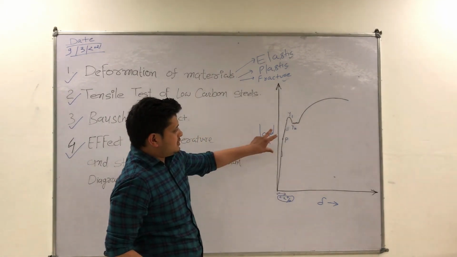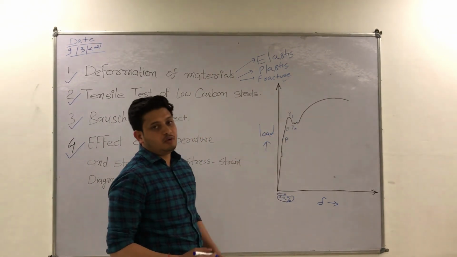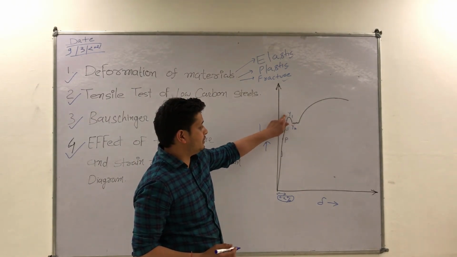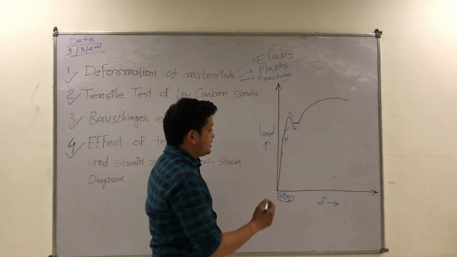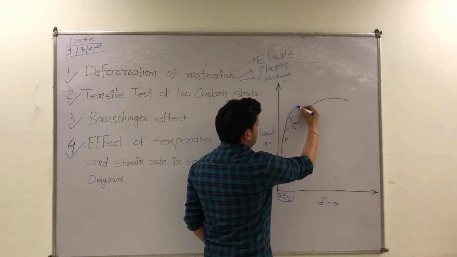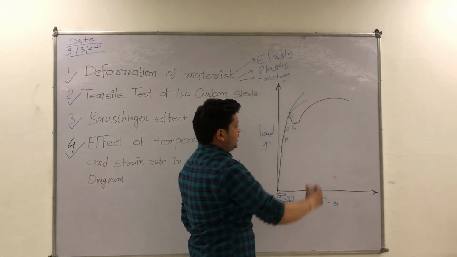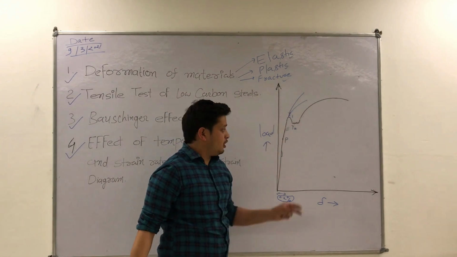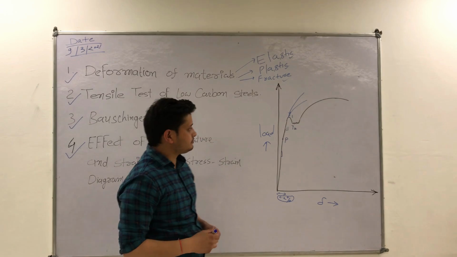Now, this is the stress strain diagram for low carbon steels. Low carbon steel such as mild steel shows this type of yielding, with an upper yield point and a lower yield point. But some medium and high carbon steels generally do not show such yielding. Their curve generally keeps increasing after this point. Why does this happen in the material?